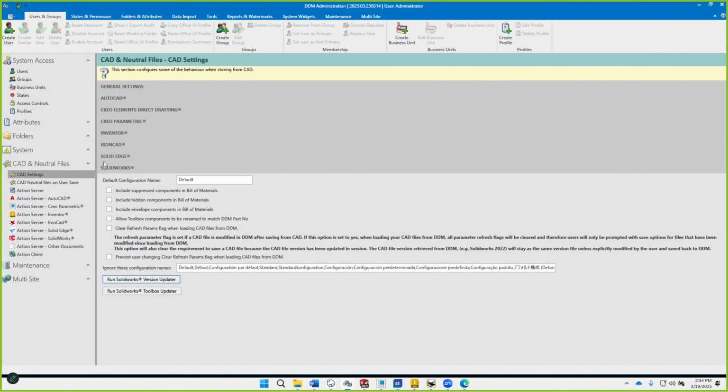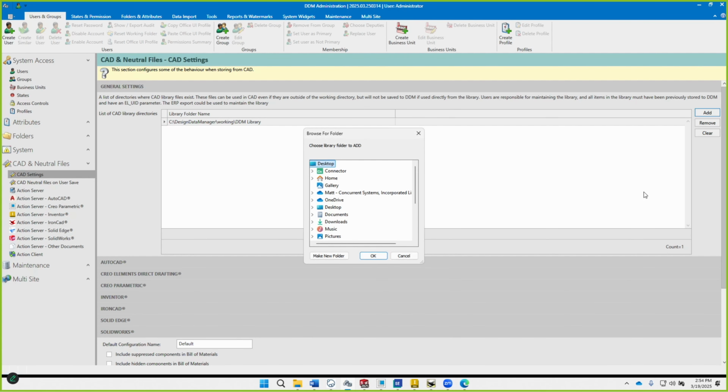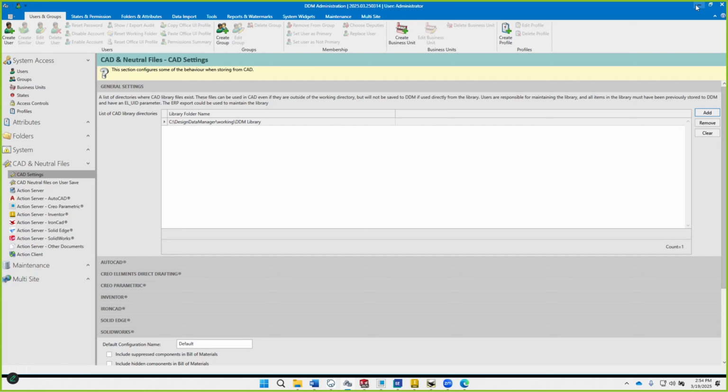And then over in our general settings for the CAD tools, we need to add the location for SolidWorks, for DDM to recognize. I've already got the DDM library added here, but using the add button again, we can follow the file navigator and confirm our location. And once you've got those in place,